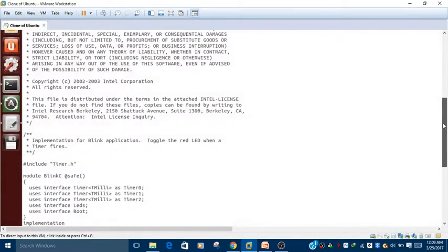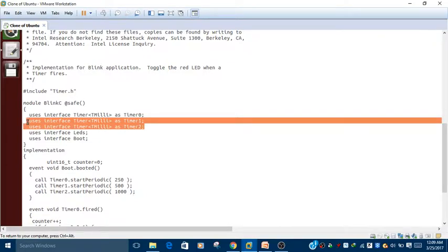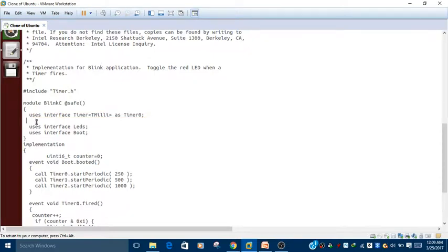Because the timer variable is not used anywhere, I can delete these two variables from the source file. Okay. Only one timer variable is there.